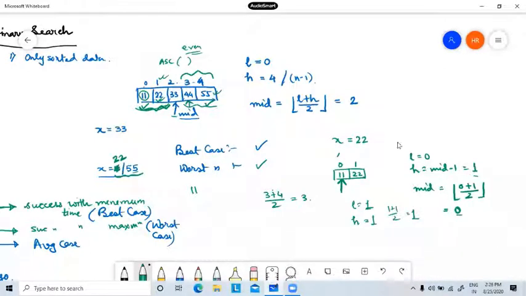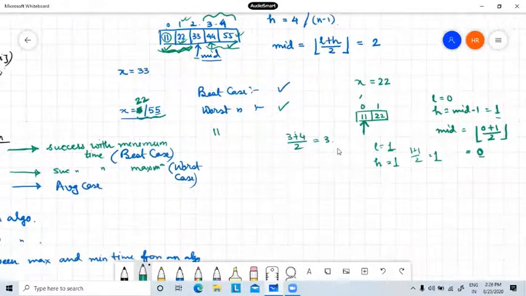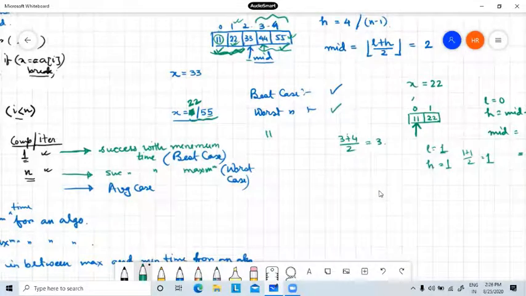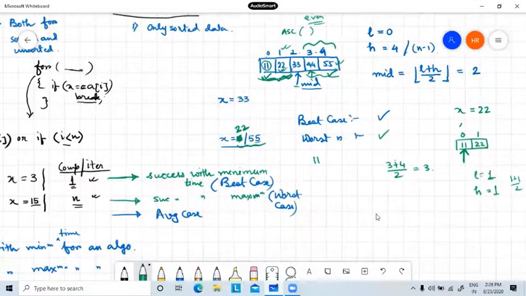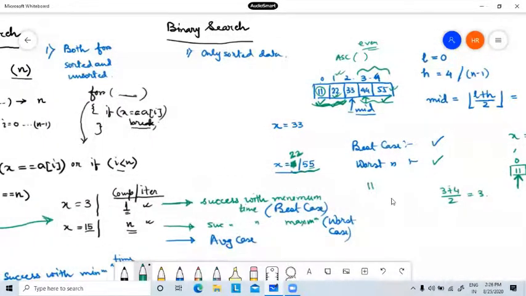Now from this, you can again differentiate between linear search and binary search. What is the difference? In case of linear search, if it is the worst case, then I have to compare with each and every element. But in case of binary search, if it is the worst case, I am still not comparing with each and every element.